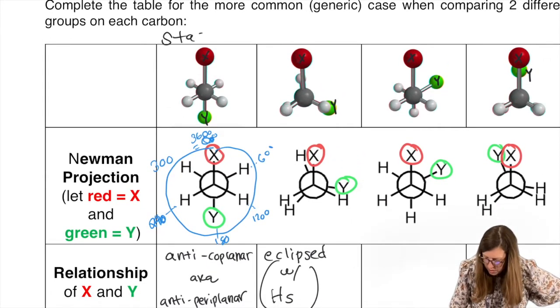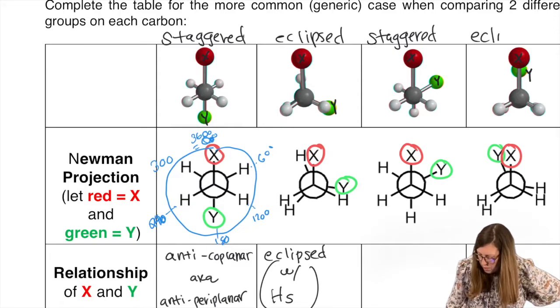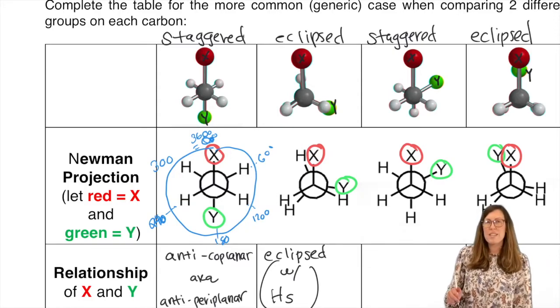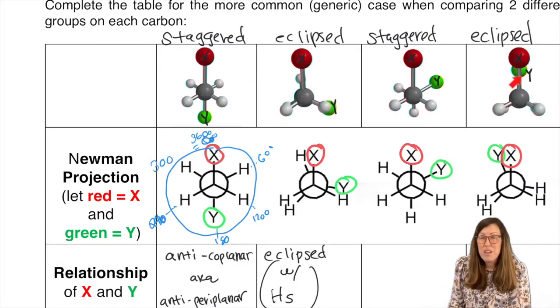So this is staggered. This is eclipsed. This is another staggered. And this is another eclipsed. And we're trying to differentiate between the staggered and eclipsed because now that we're not using ethane, where everything's H's, they're not equal. This staggered is not the same as this staggered. Look at those are closer together. These are farther. This eclipsed is not the same as this eclipsed, where the big groups are eclipsing. The big groups are only eclipsing with H's now. Big groups are eclipsing with each other here. So we're going to spell that all out.